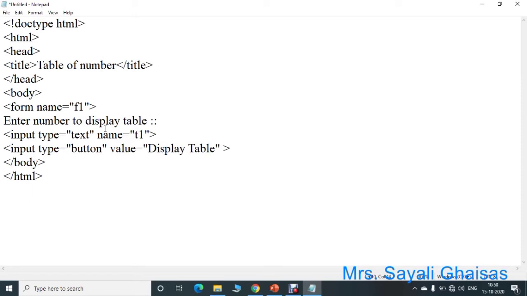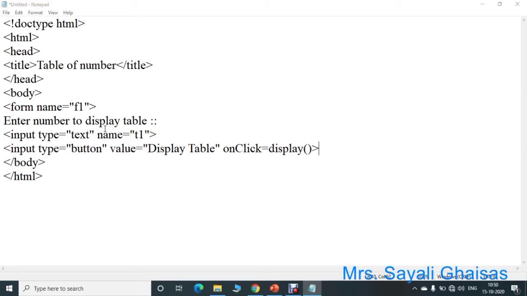After this, now we have to add a function. So on click is equal to, here specify a name of the function. Suppose it is a display. Now this is a form. So in this way we have created a form.